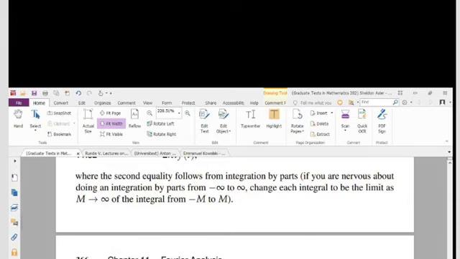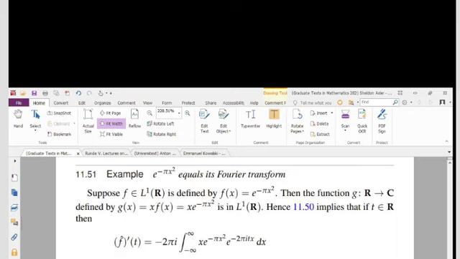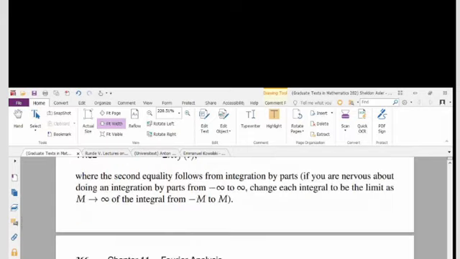This is very easy, because f of x equal to this function, so that f prime of t equal to this, or minus 2pt f of t. In this equation with this,